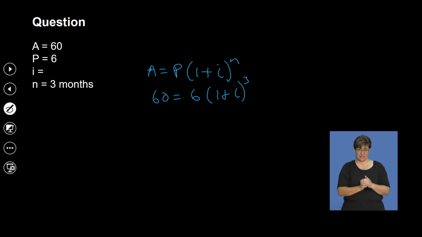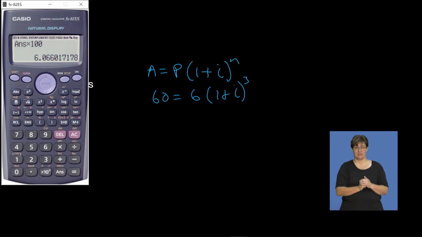Now, if you go to our calculator, this will be 60 divided by 6, which is the same as 10. And then with the 10, I'm going to take out a cube root of this. So this will be the cube root of 10, and it gives me that much. I'm going to subtract 1, and then that's what I'm going to get. Then if you multiply this by 100, so roughly it will be 115% in terms of rate of growth. And this is a rate of growth of mice.